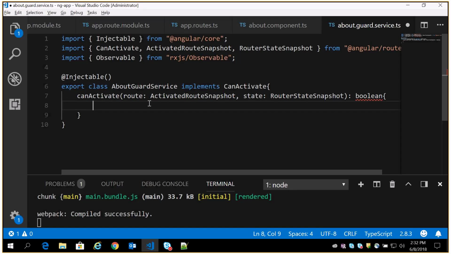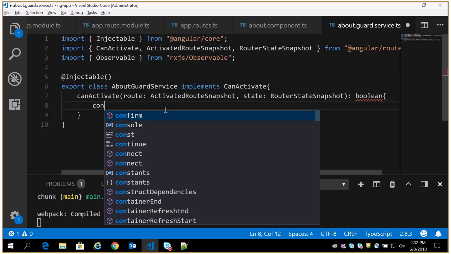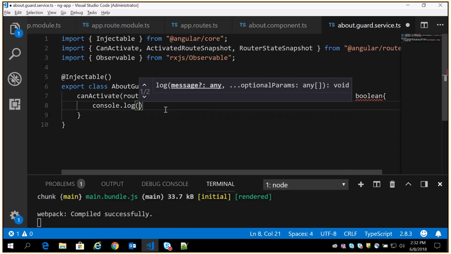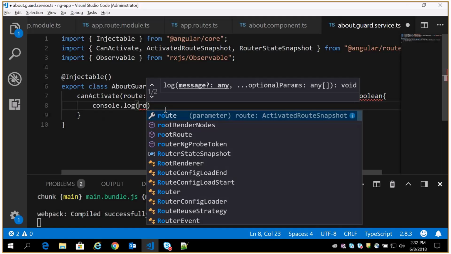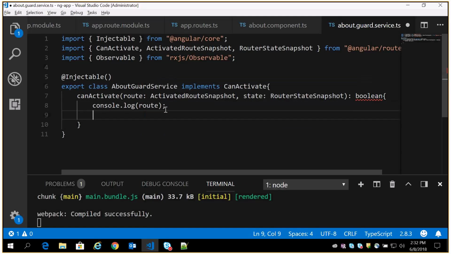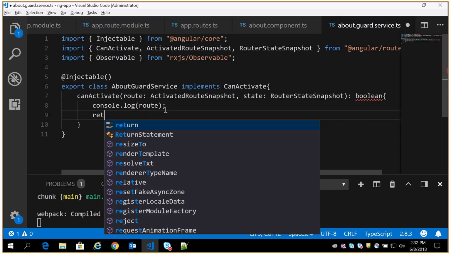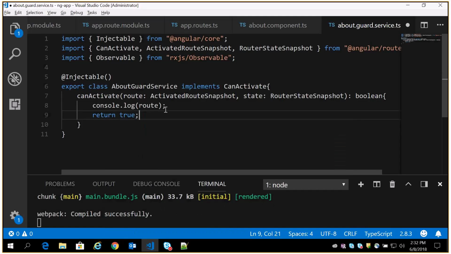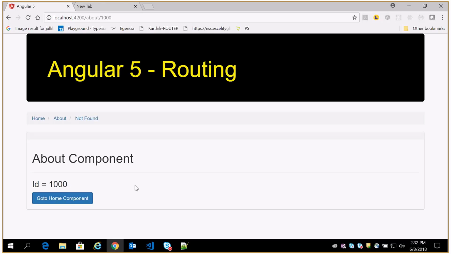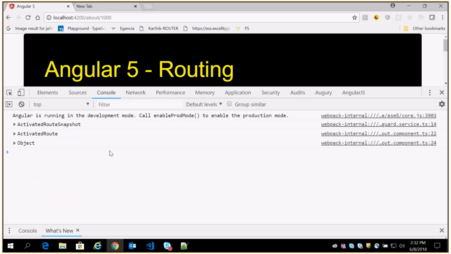All the route details will be available in this ActivatedRouteSnapshot. Let me just print that, console.log route, so that we can get the details, and also I'm just returning true as of now. F12. So you should get that activated route.